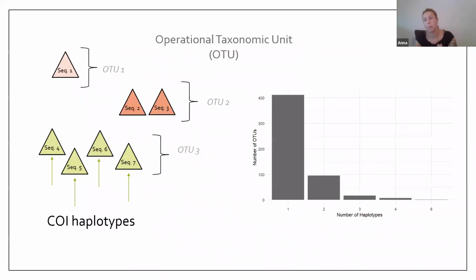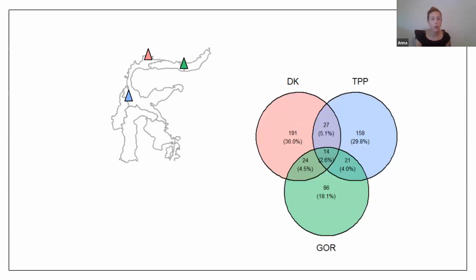We can also look at population genetics a little bit with this data. Each of those OTUs is constructed of really closely related sequences, and some of these OTUs have multiple sequences within them that can serve as haplotypes. So we can understand a little bit about the diversity between closely related taxa or species across these different regions. If we look at the mountains and what's shared between them, there was only a total of 14 OTUs, or these taxonomic units, that were shared across all of the mountains.